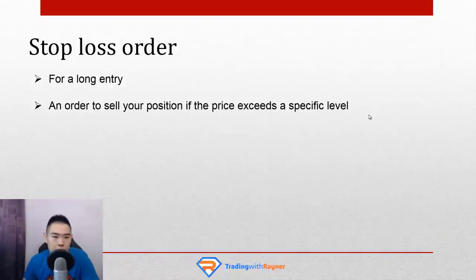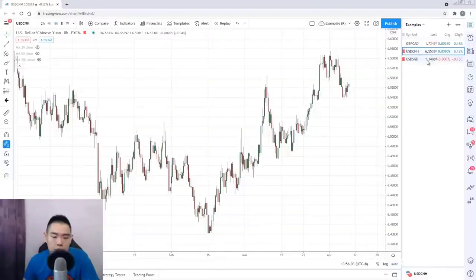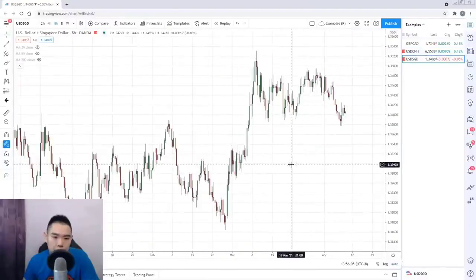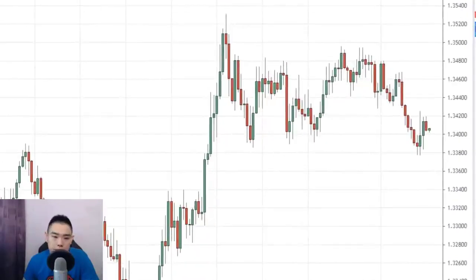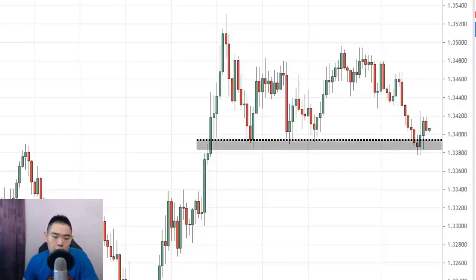So a chart example would help. Let's say you look at USD against the Singapore dollar. Market right now looks a little bit bullish. This is an area of support, and it's starting to hit higher. But of course, as you know, the market could possibly reverse down and break lower. So to protect your downside, what you can do is set a stop loss order. This is the area of support, and a proper stop loss order could possibly be at